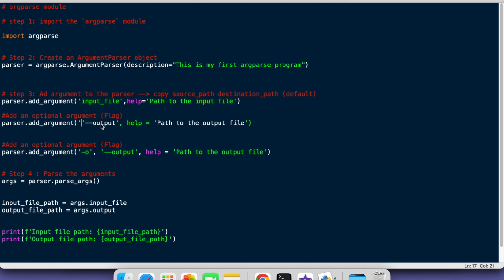So with the help of double dash, it is made optional. There is no real difference, we are just using that. Maybe I'm using this one and this, then I'm using type, and then I'm just defining help, so that if somebody wants to get some name,